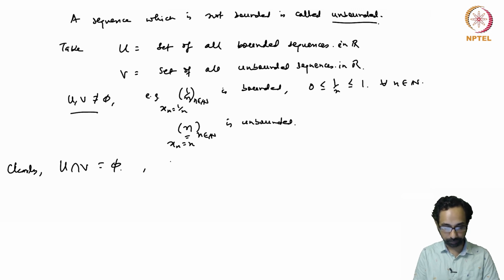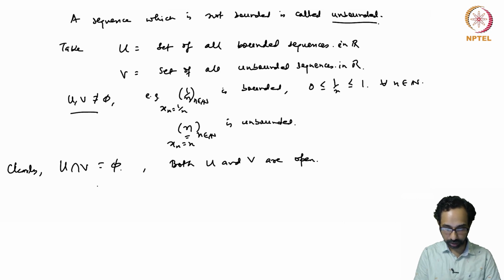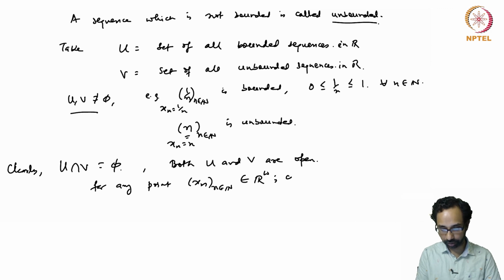And the point is that both U and V are open because for any point x_n in R^omega, we consider the open set in the box topology,